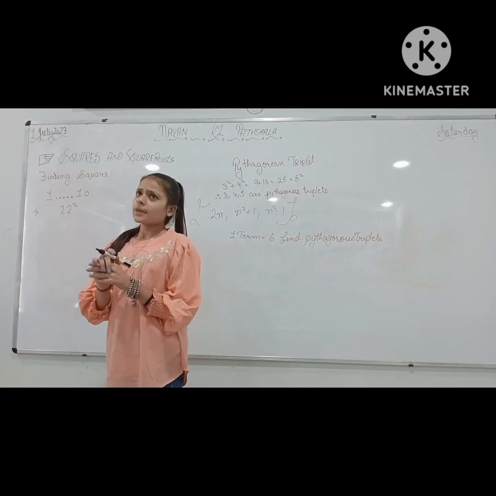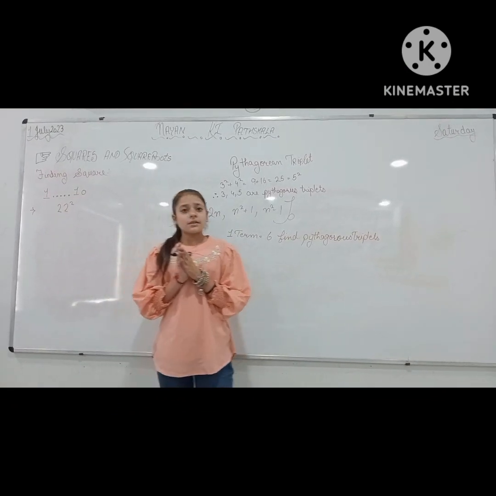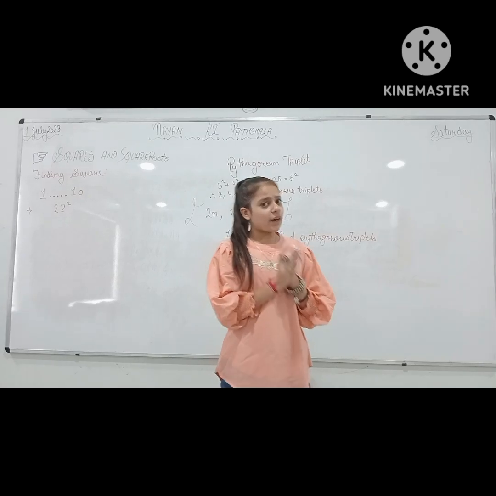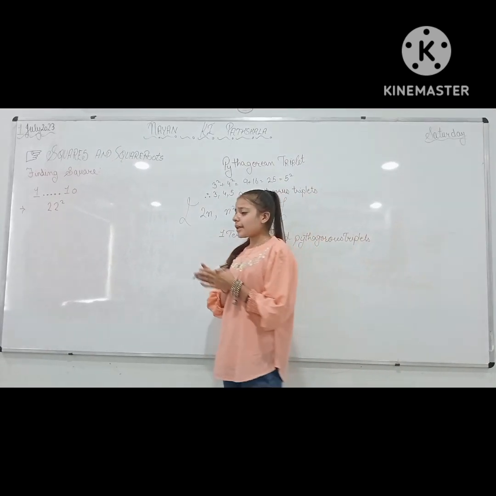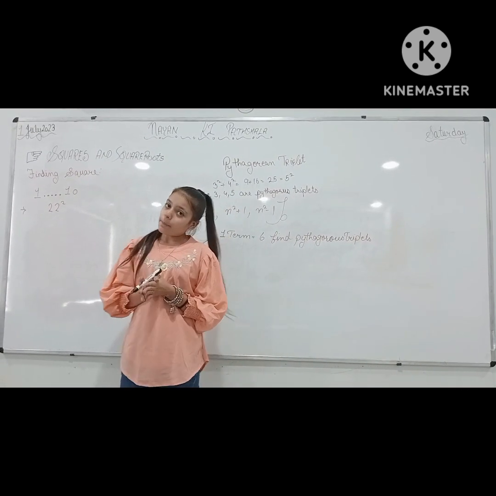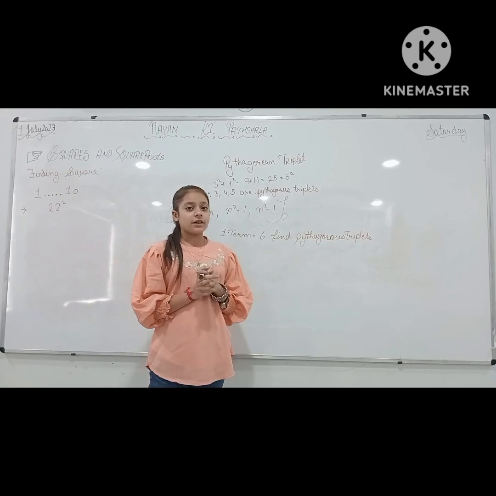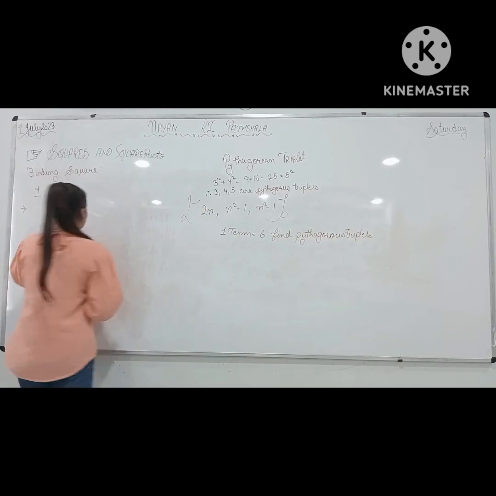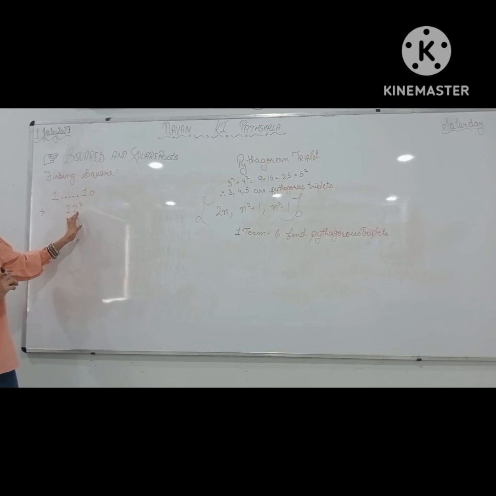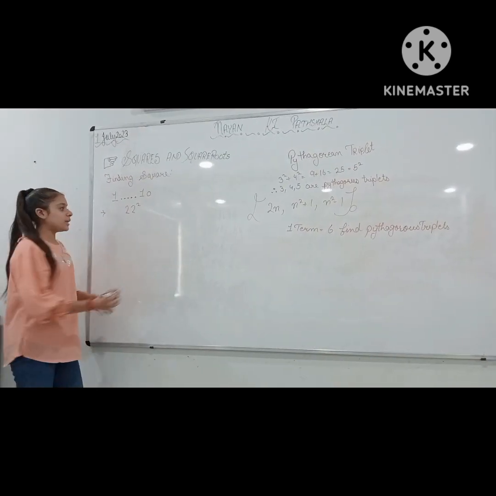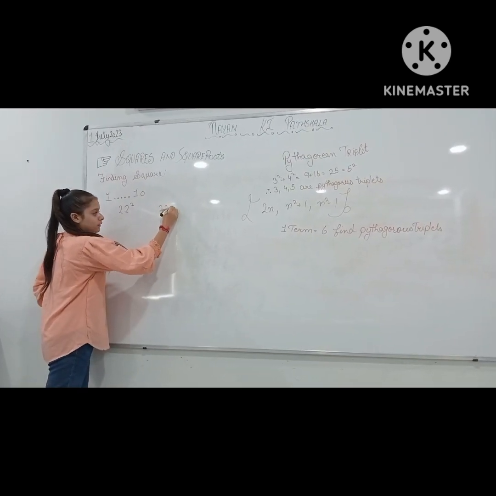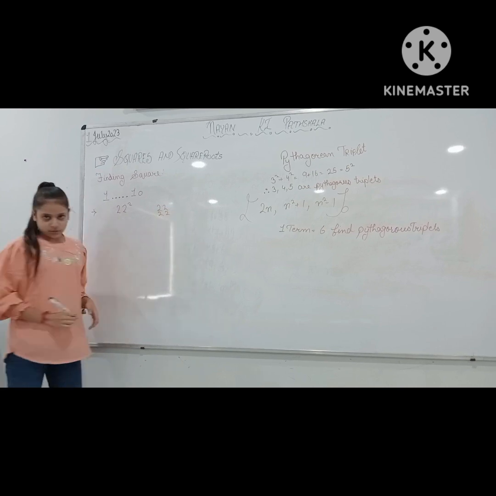Finding square. We have seen the square table for numbers 1 to 10. They are too easy to find out. But if we have some greater number, such as I have taken 22 here, it will take time to multiply 22 with 22 and get the answer. So we